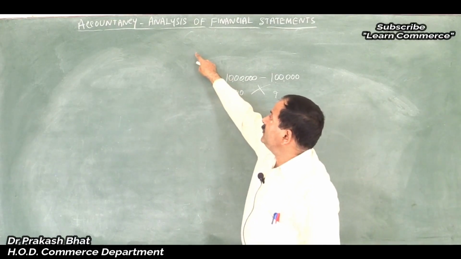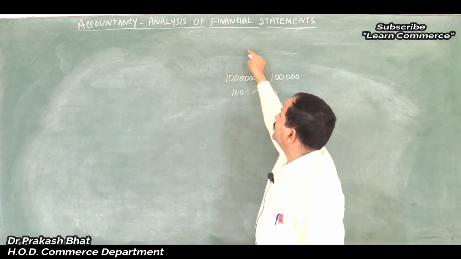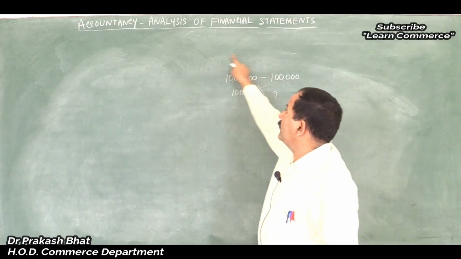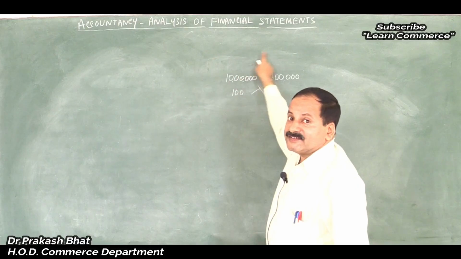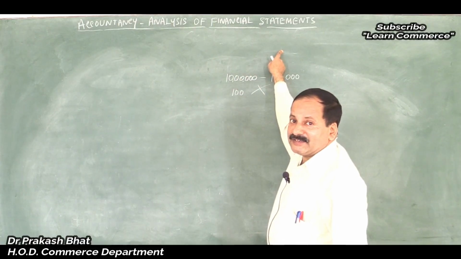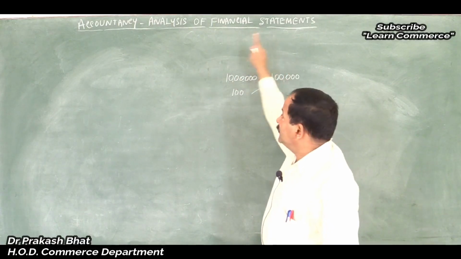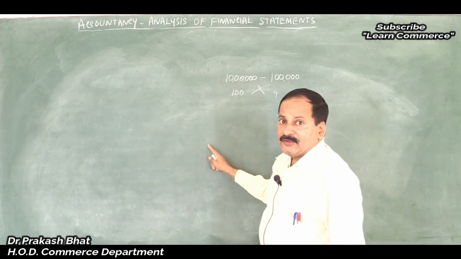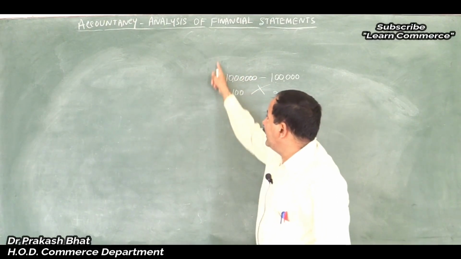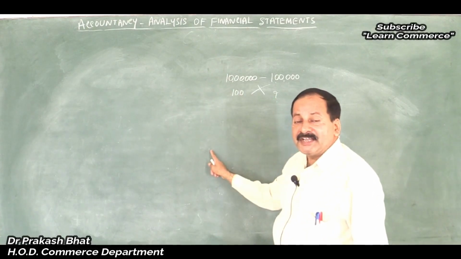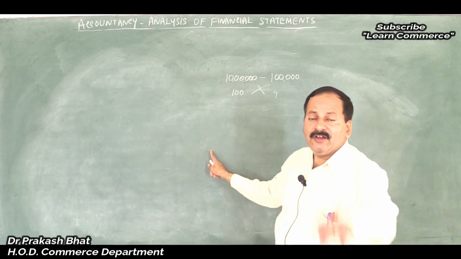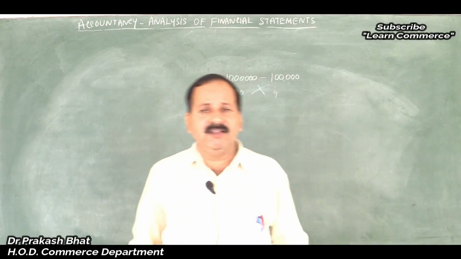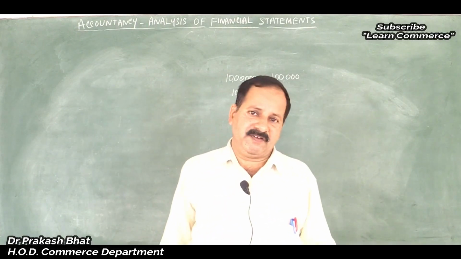In a comparative statement, you compare this with this and you write the percentage. That means you are going across, that is horizontal analysis. Remember, it's very simple. Common size means you will bring all the figures to a common size of 100. You are moving like this. That is vertical, correct? So it is called vertical analysis, vertical statement analysis. That is a common size statement.